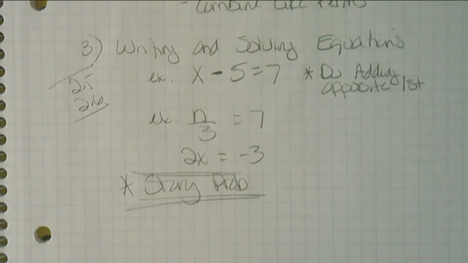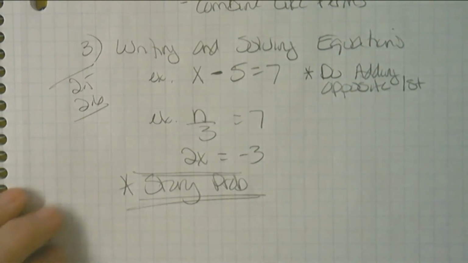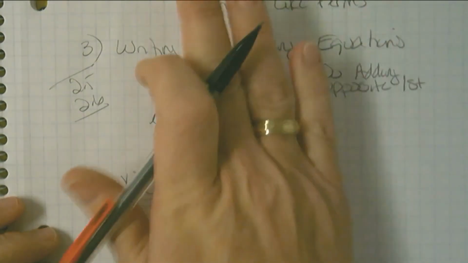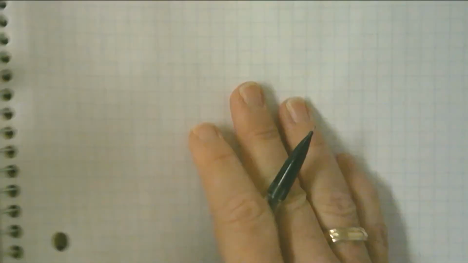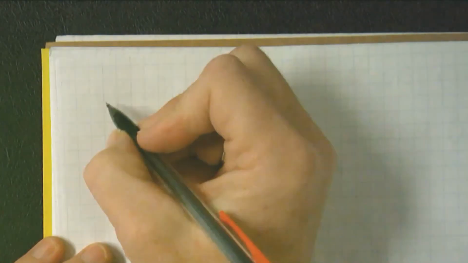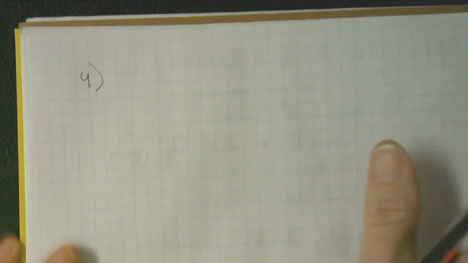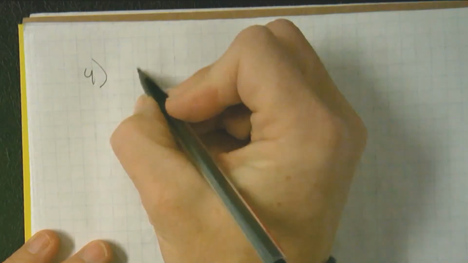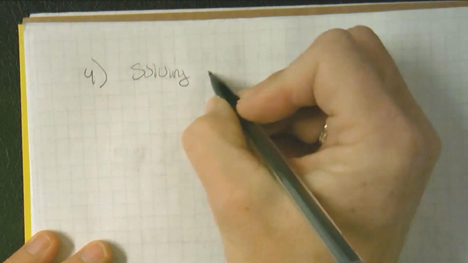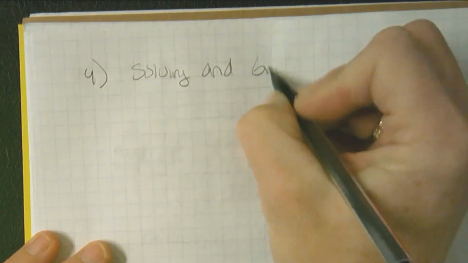I set it up exactly the same way, but now it's an inequality with an inequality symbol. But the setup is exactly the same. The process of solving is exactly the same. Okay? So when you're practicing these story problems for equations, you are practicing the same types of story problems for the inequalities. So you're kind of double dipping and practicing more. So if you understand the structure of an equation, you're going to understand the structure of an inequality for story problems. So the last thing was solving and graphing